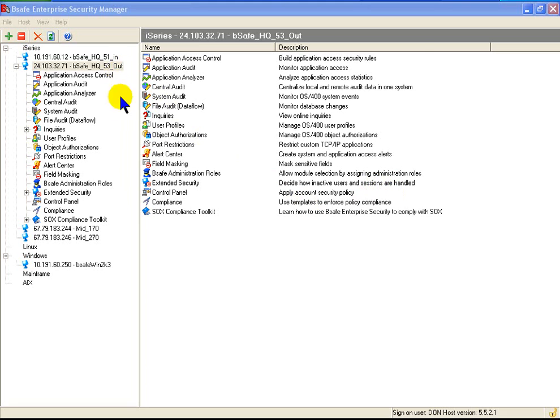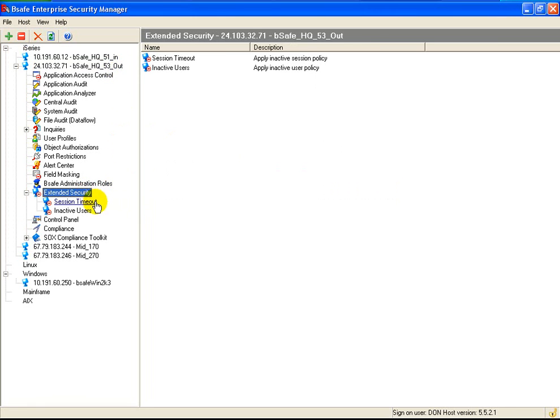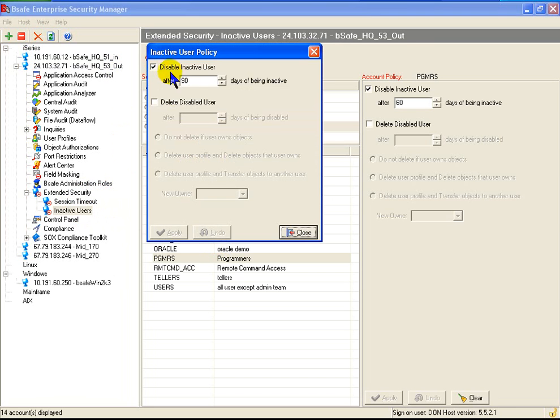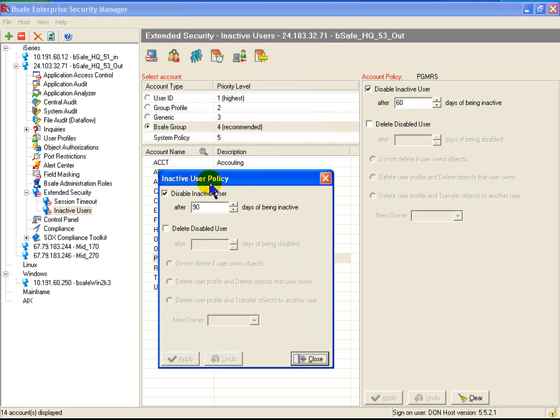Within the BeSafe client under Extended Security module within Inactive Users, you can define up to 2 levels of policy for dormant accounts. The first, at the high level, would be at the system policy level. At the system policy level, this policy would apply to everyone on the system. Notice in my case here, I've defined 90 days. So if a user hasn't logged into the system for 90 days, the system will automatically disable the user